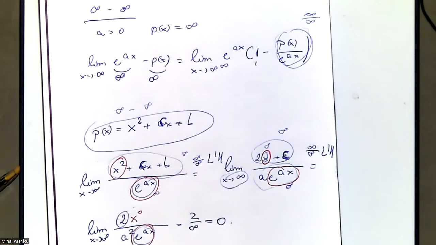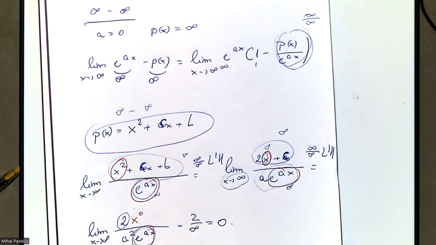It's unchanged. So that is the idea, that whatever polynomial you put on top, if you have e^(ax) underneath, I can just apply L'Hopital over and over again until up top I have nothing left. I'm just going to have a constant up top,